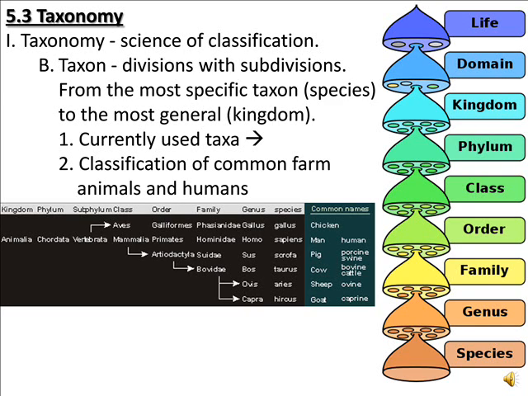The order for humans is primates, and many people get upset with this because they think that we're trying to say that humans are monkeys, but that's not the case. All it means is that we walk upright and have opposable thumbs. The family that we belong to is Hominidae. Our genus is Homo, and the species is sapiens.